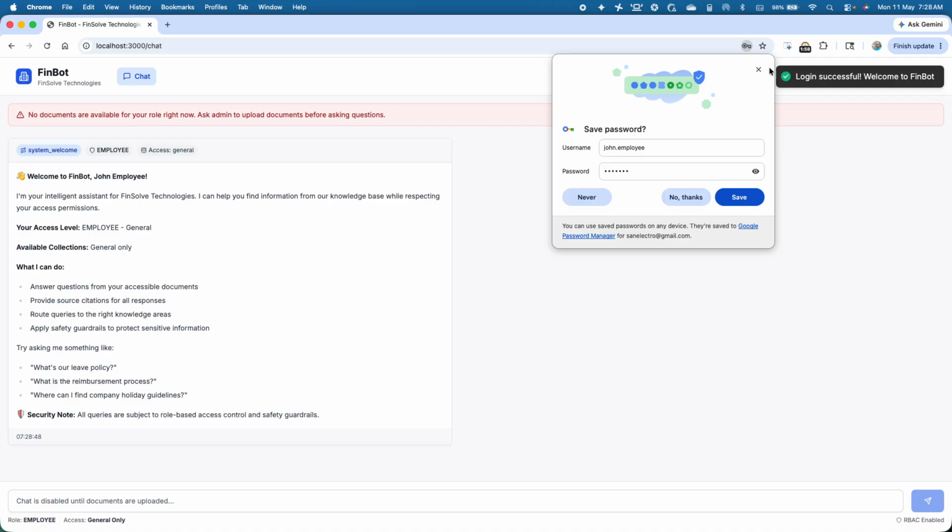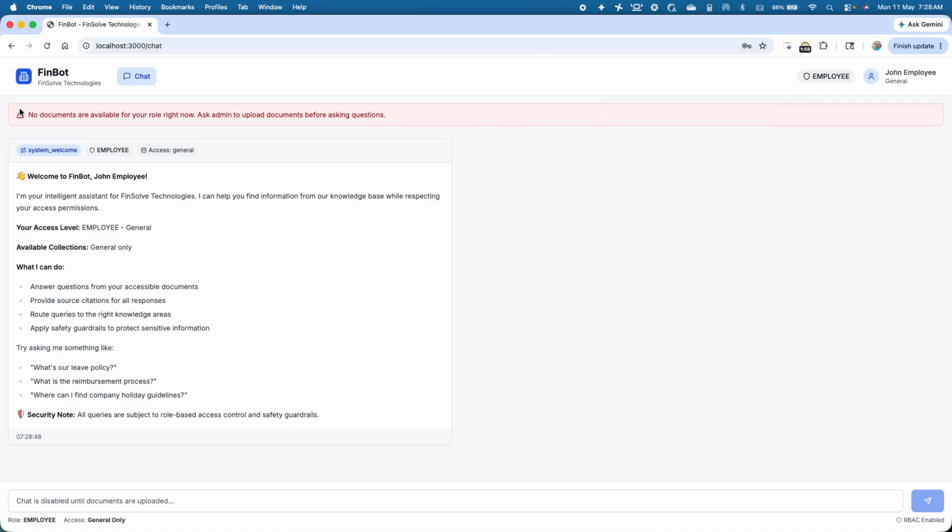So here you can see login is successful, of course, but there are no documents available for your role right now. Ask admin to upload the documents before asking questions. So here we are not allowing the LLM to randomly hallucinate and give some answers. When the admin uploads the documents, using that context, it will give the response. Okay, so let's log in as an admin